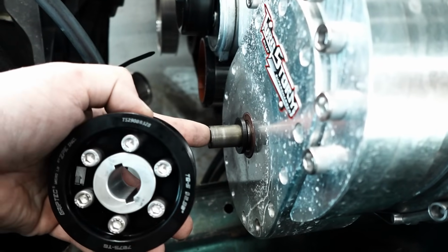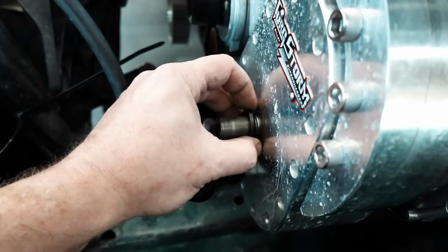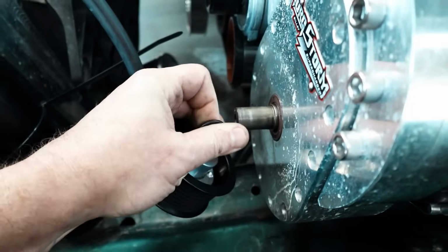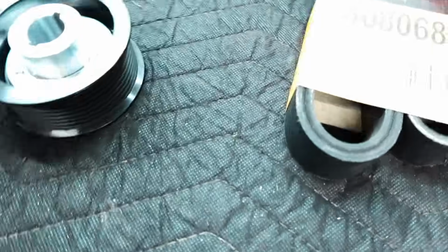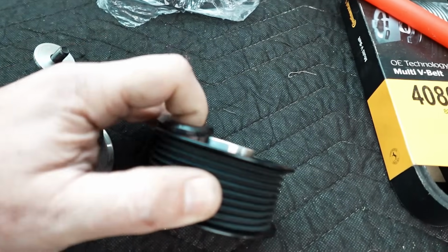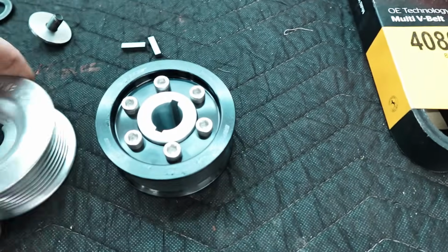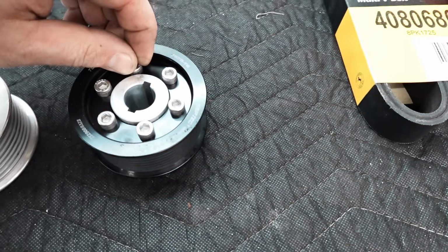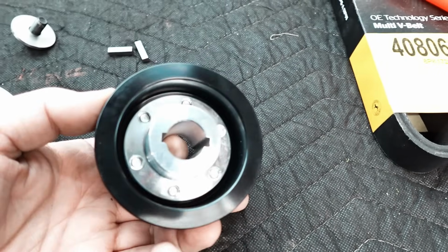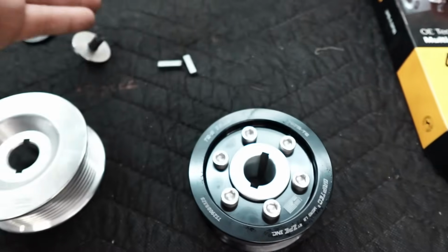Anyway, we're going to put the hub on here without the washer. You can slide the washer out. Very nice, tight fit. Take the washer out, put this guy on, and then also you can see these guys are flush on the back side, and that is slightly proud, and that is literally that guy there. So note to self, if you're doing all of these activities. Also, this is a hub adapter and this is a pulley. They're two separate units. So I'm going to put this guy on and Loctite these as prescribed by your doctor,